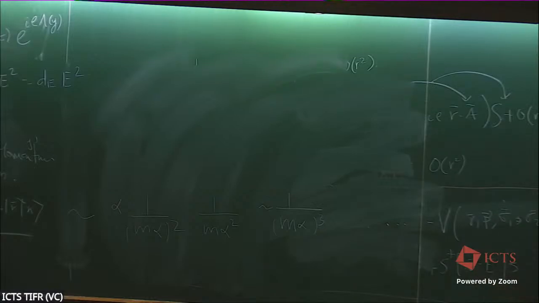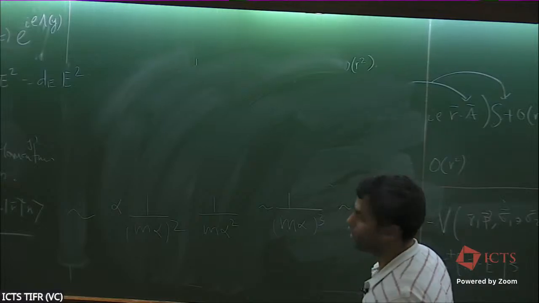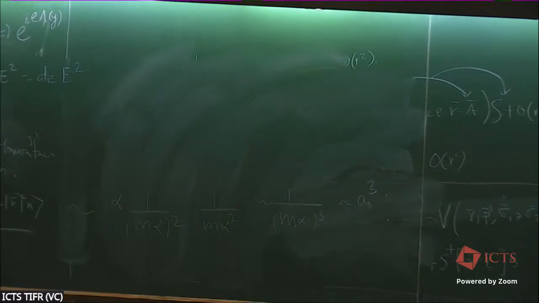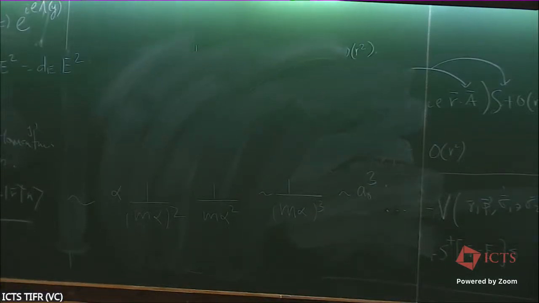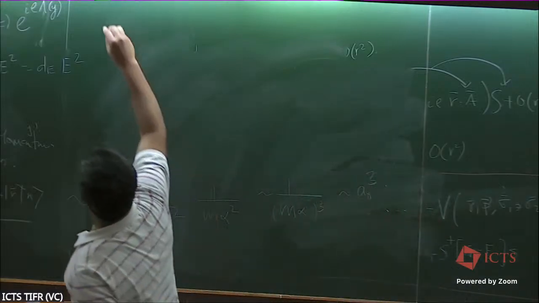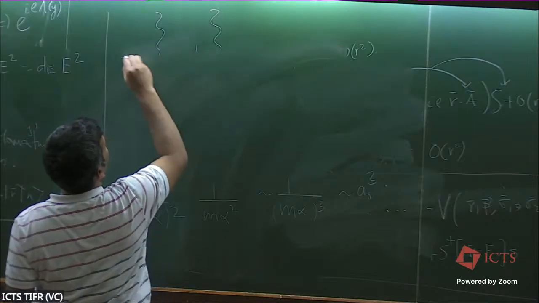Now in atoms, what is the natural length scale? Sorry? Yes, good. So this is related to Bohr radius. Bohr radius is 1 by M alpha. You can go and check in Wikipedia, this is 1 by M alpha. So really the dE is proportional to Bohr radius cube. If you do the analogous calculation, which I leave as an exercise for you to figure out, where I have